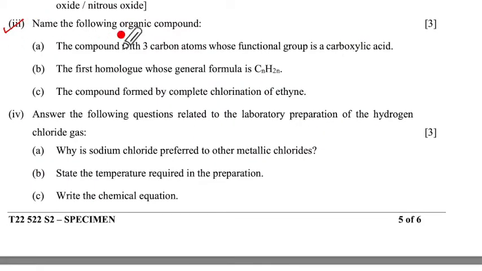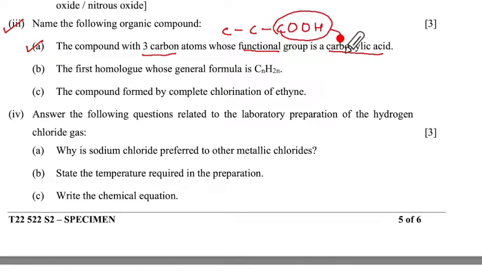Third subpart, for 3 marks here, name the following organic compounds. A. The compound with 3 carbon atoms whose functional group is carboxylic acid. Your thinking step will be C single bond C, but this C will be of COOH, that is the carboxylic acid group. Correct? So here it will be CH3 and CH2. What is this compound now? 1, 2, 3, that is prop. So we have prop, single bonds between carbon, so it is going to be an, and it will be COOH,